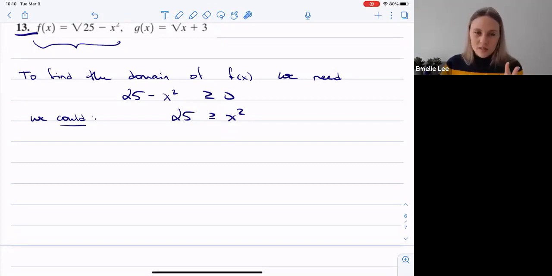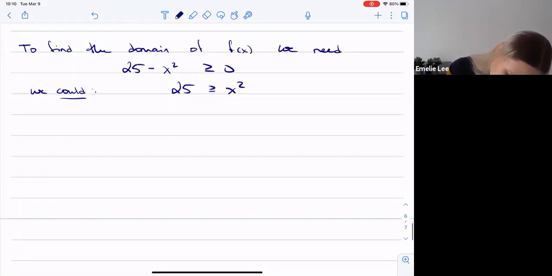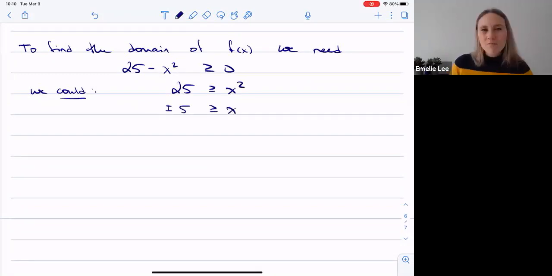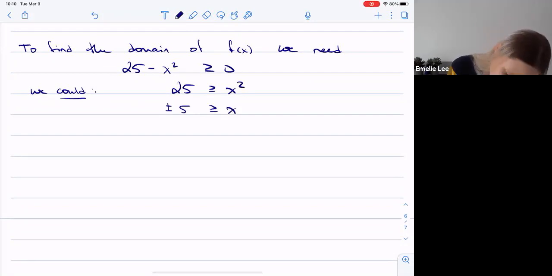Right, but it's hard to see what that value is, right? So what those cutoff points are sometimes. So I want to give you another tool, because if you take the square root here, then you get plus minus 5. So here, if you take the square root, it becomes the plus minus 5 has to be greater than or equal to x, but this doesn't really make sense,